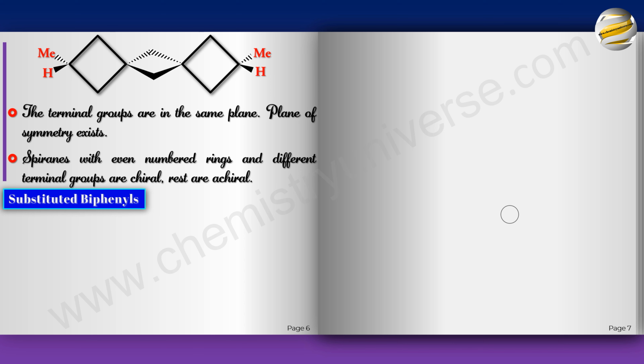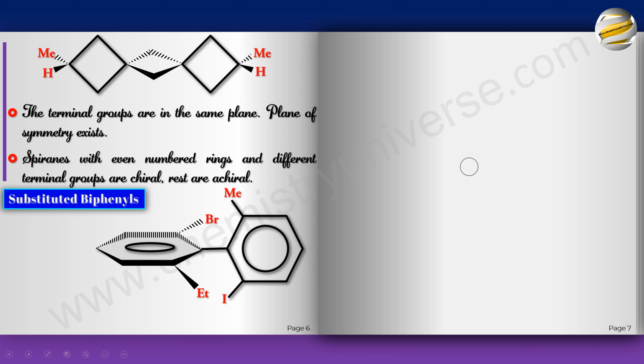Biphenyls are two benzene rings attached to each other by a single bond. But if both have ortho positions with heavy groups, remember these are pretty big groups. Even though Br may look like a single atom, it's a huge atom. I may look like a single atom, but it's a huge atom.